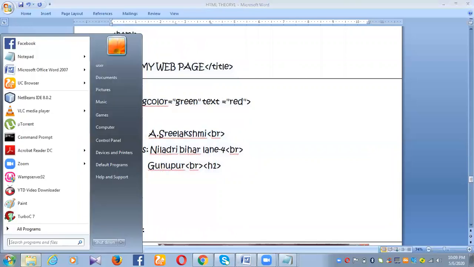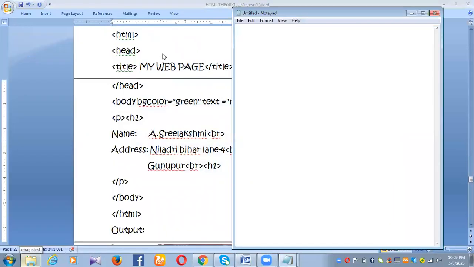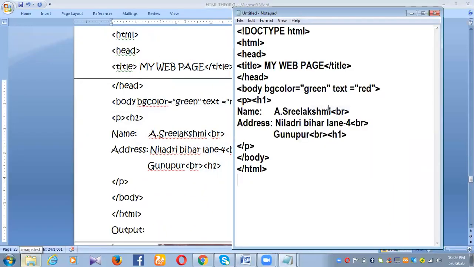Copy, paste in a notepad. Okay, see a small code I have written. Okay, see now, see the body section here. Usually we are writing body till here only. This part is not there actually,